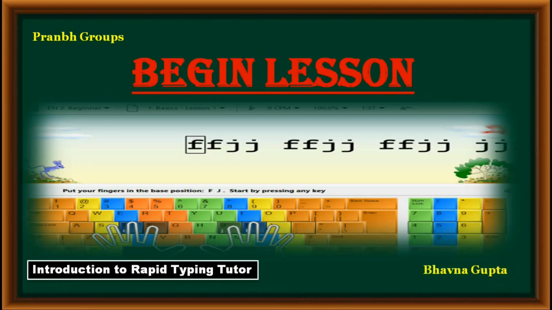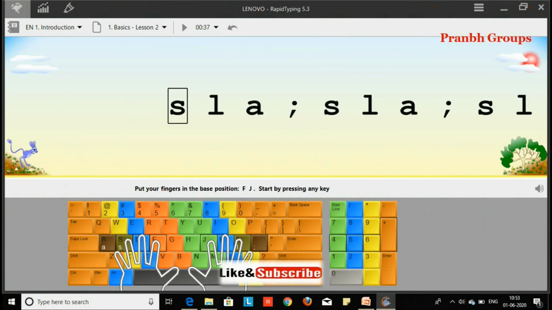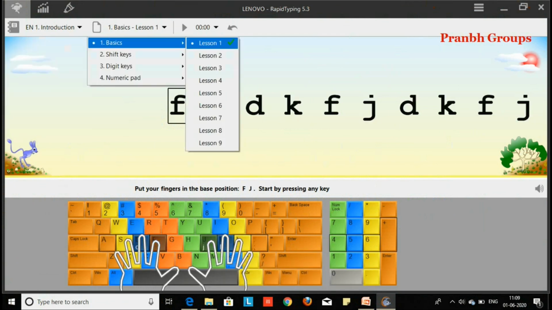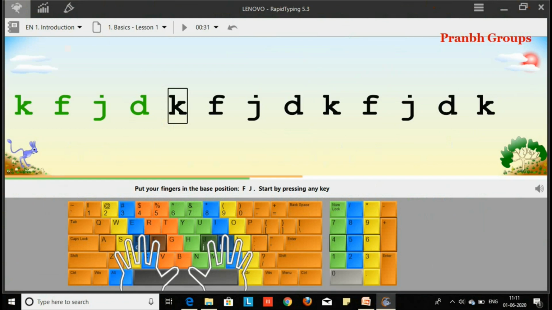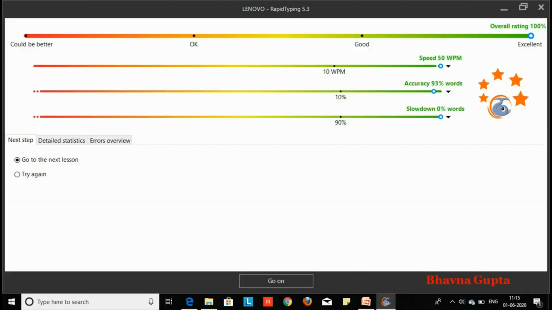Begin lesson. To start your first lesson in Typing Tutor, open the Rapid Typing software, then select a category, then select a lesson and start typing. Continue typing and then finish, and the result window will appear, showing the result of your first typing lesson.